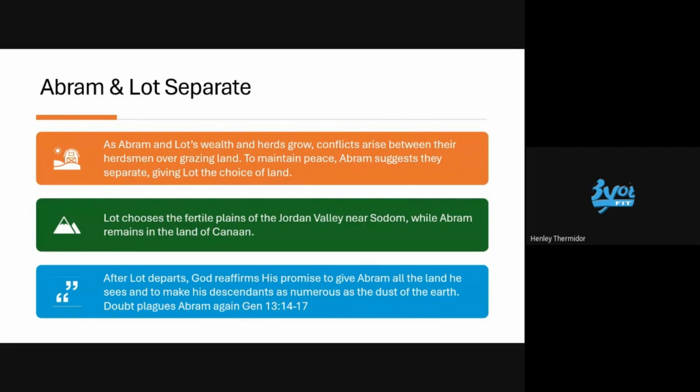And as Abram and Lot are looking over their family, they start realizing that Lot's farmers and his workers are fighting with Abram's herdsmen and farmers. So to stop any issues from happening, Abram tells Lot, listen, son, I need you to look at the situation, look upon the land, and you pick a side. Whatever side you pick, that's going to be yours. I'm going to take the other, but I'll let you pick first.